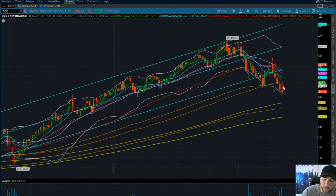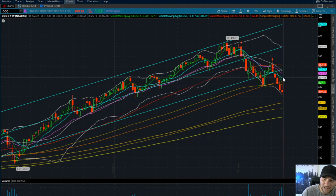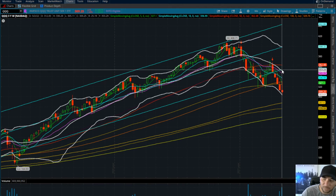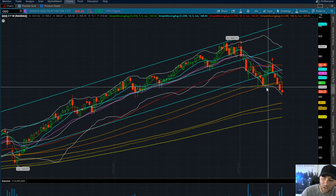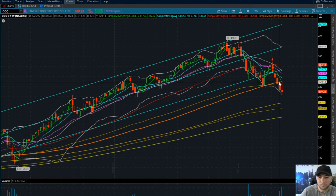For example, if we were to break above supply, the next area that we would be looking to test is the next area of supply, and the next. And then once we get over all levels of macro supply, now we have room to really stretch. But since we've lost a macro level of demand, the technical thinking behind this is what we would